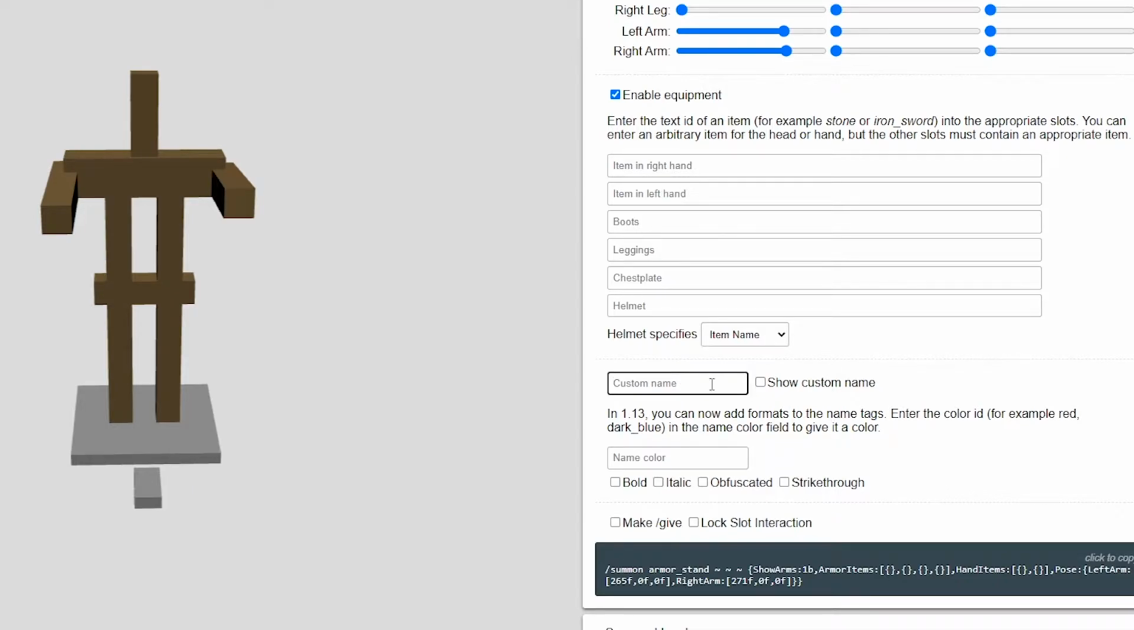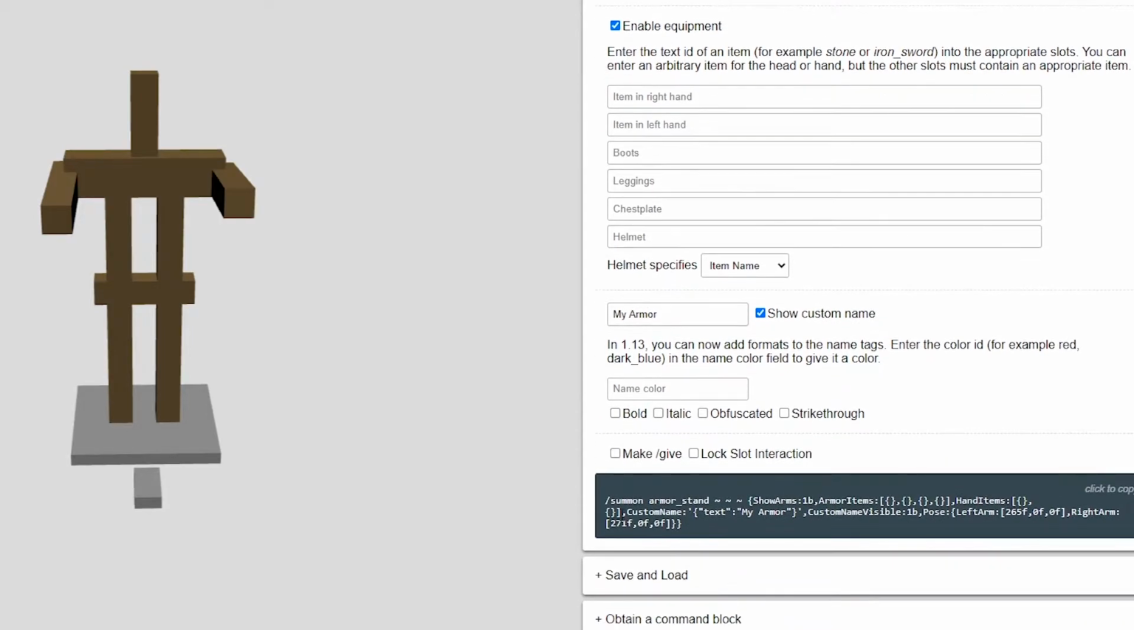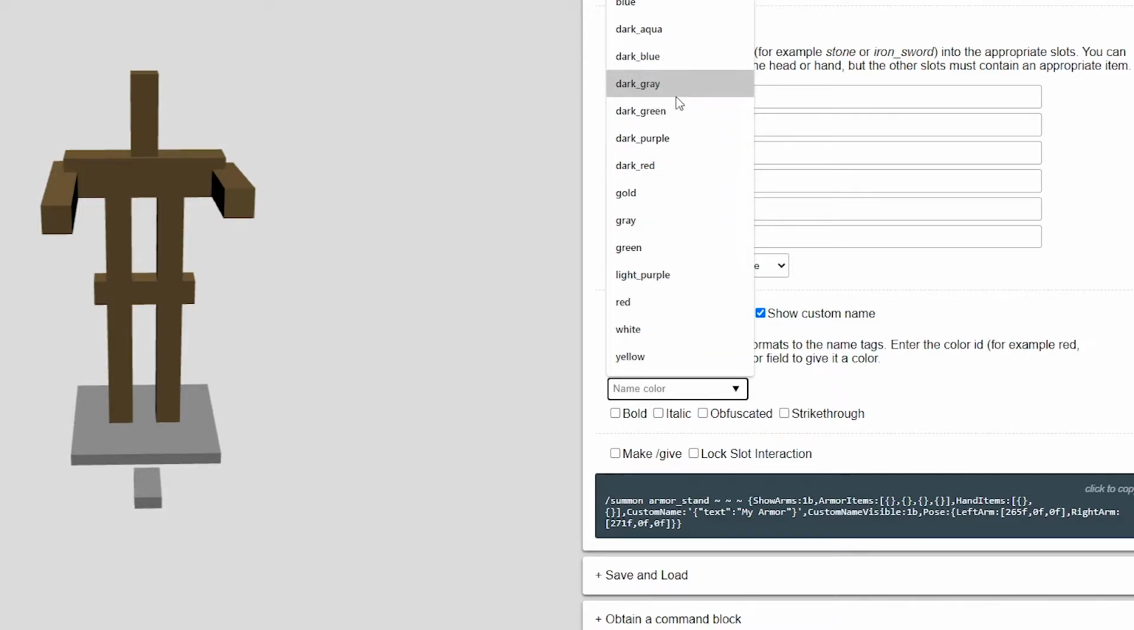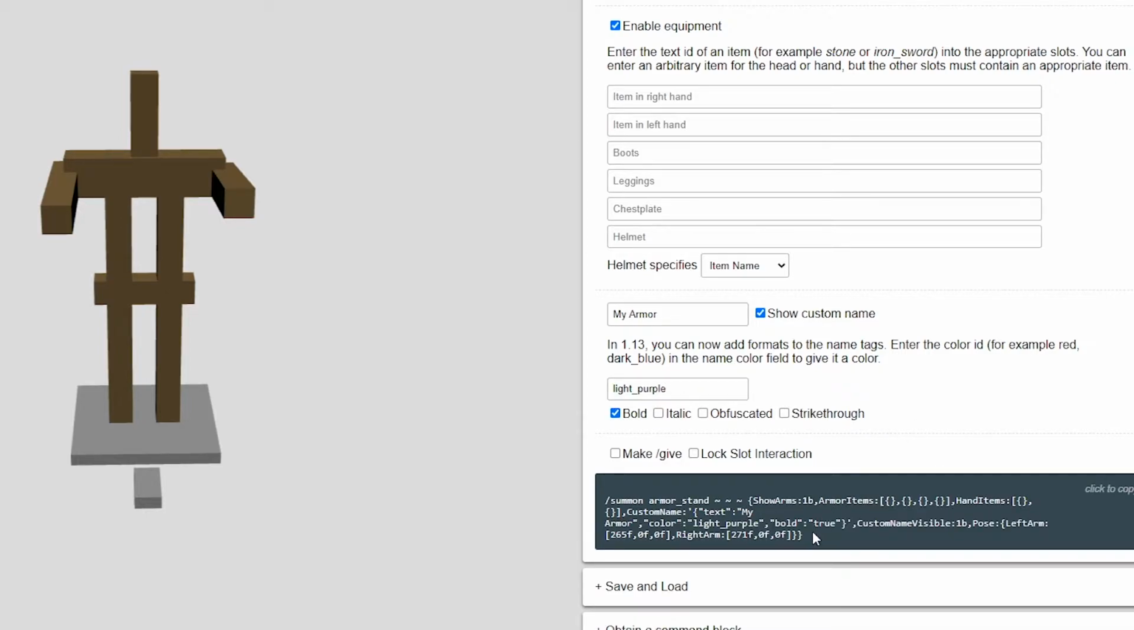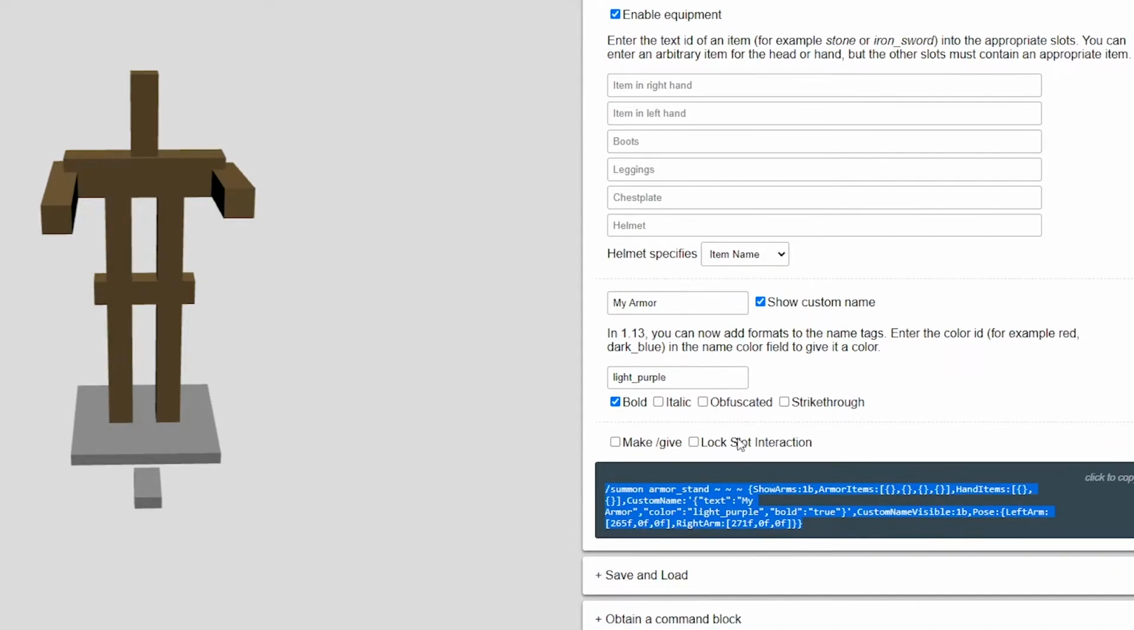Then you can give it a custom name. So you can show the custom name. Like if I want to call it my armor. I'm just giving it a random name. It's nothing really that it's going to do. I can show that in the string, and then over here I can give it a different color if I want it to be, I don't know, light purple, right? Make it bold. If it's more than 250 characters, which this probably is, you have to use a command block,